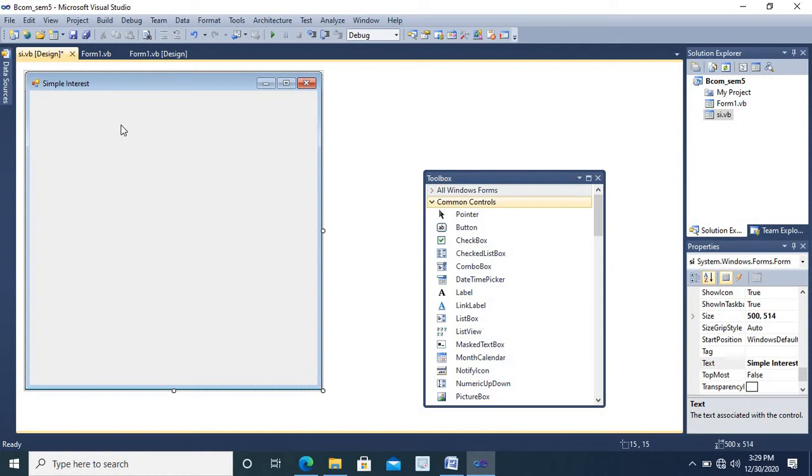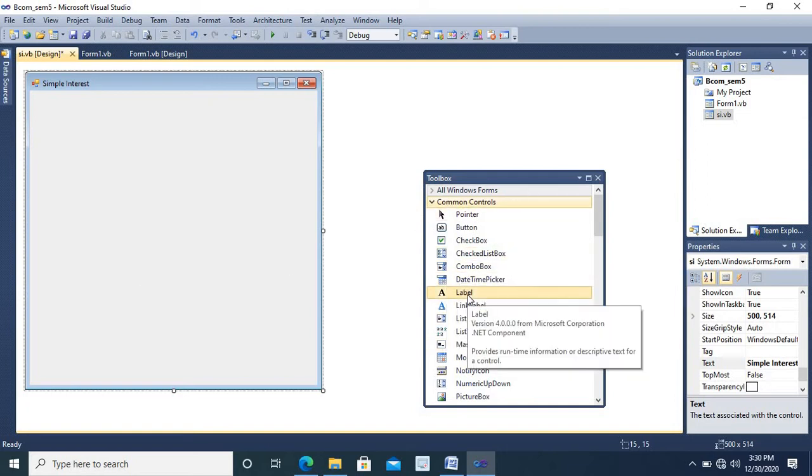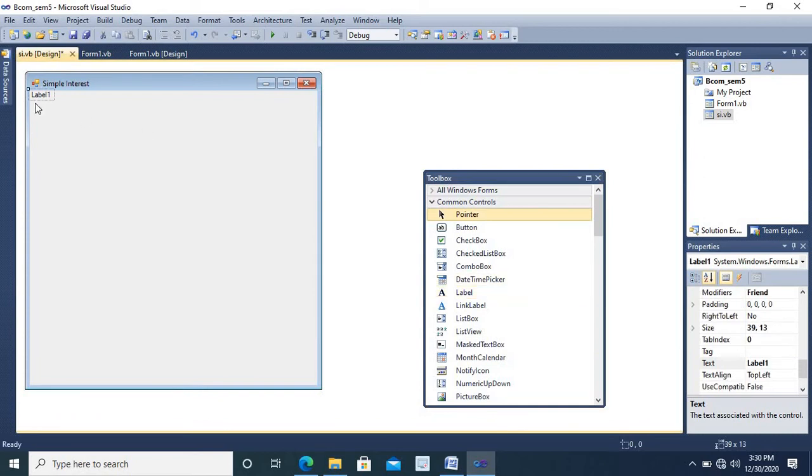Now here the required tools should be added from the toolbox. We require 4 labels. Labels can be added just by double clicking. When we double click, that particular control appears on the form. Drag it to the required place.